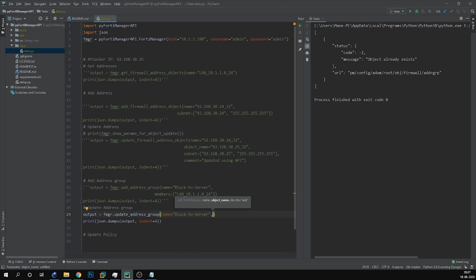So here we need to remove the LAN object, but if we remove it, then the address group will be empty, and this is not allowed. So we will first try to add the attacker's IP, and then we'll remove the LAN object. The object name will be the attacker's object name.